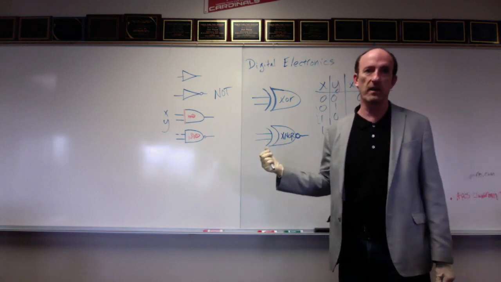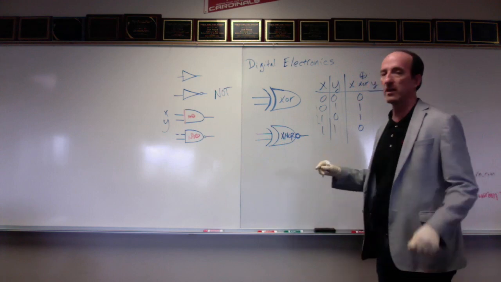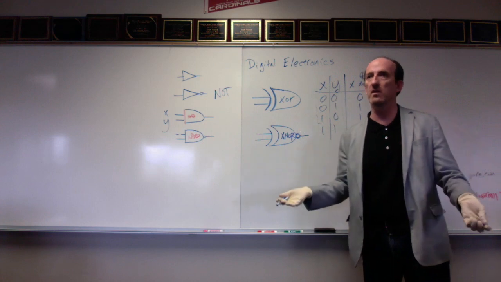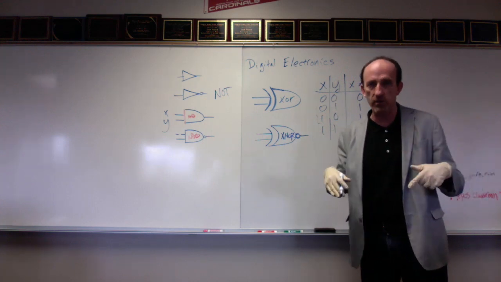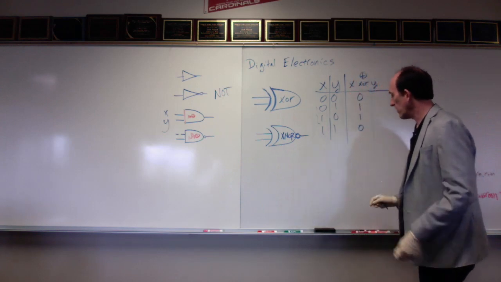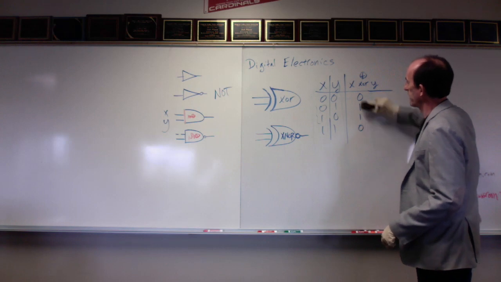It has the negation bubble on it. That one is going to be the flipped switches of the XOR. So whatever made XOR true is going to make XNOR false, and vice versa. So for XNOR, since these are false, true, true, false,